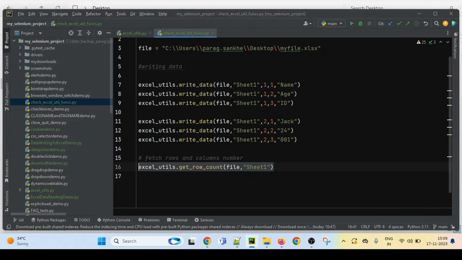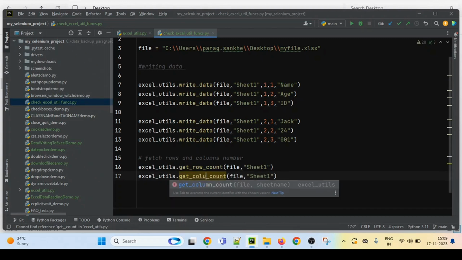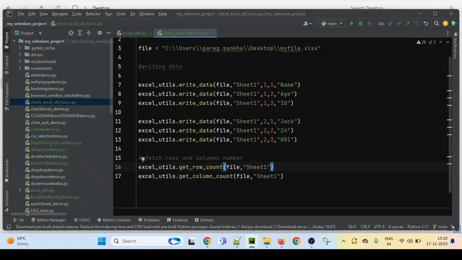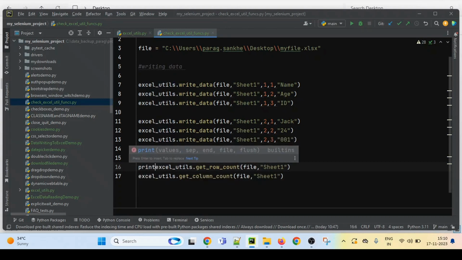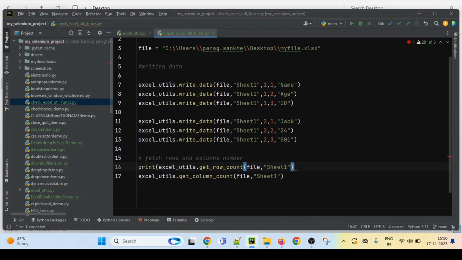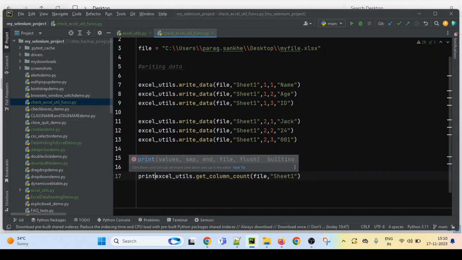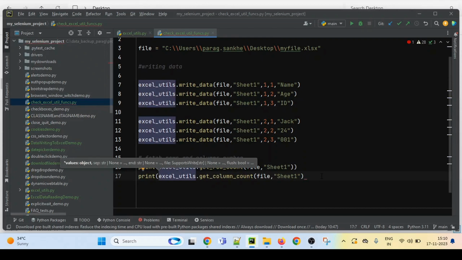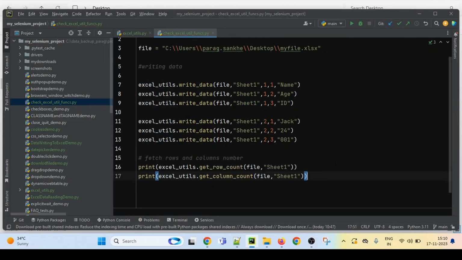And similarly for columns, we have to call the get column count function. Here also we have to pass file and sheet name. It will call these functions, but we have to print those values, so we will use print. It should print those values in our console. So we are just printing this statement, print Excel utils dot get row count and column count.